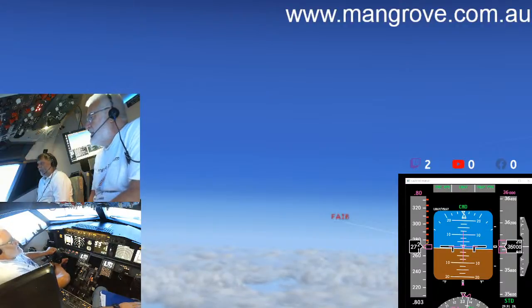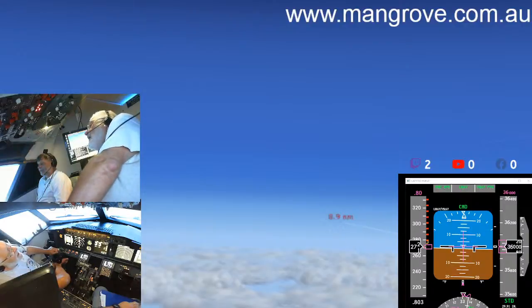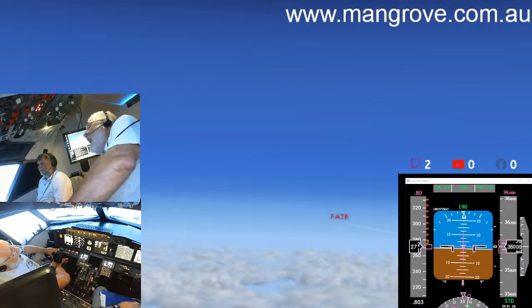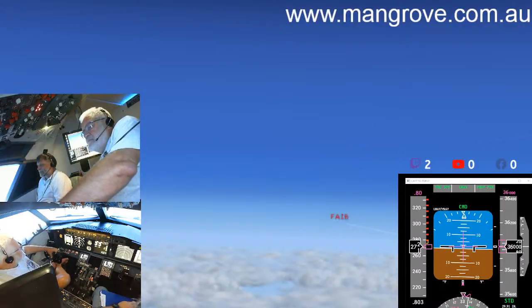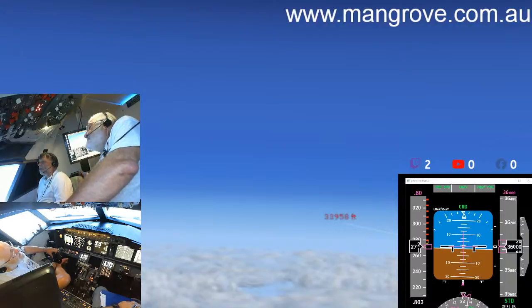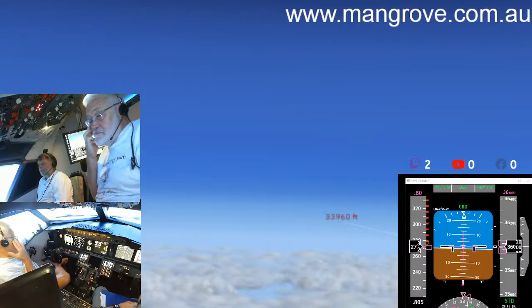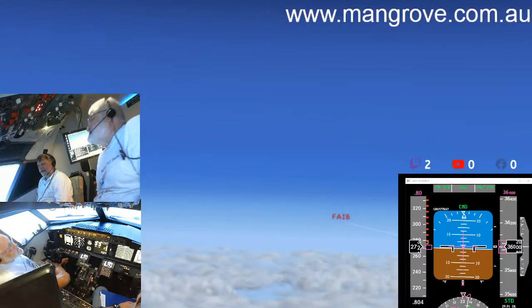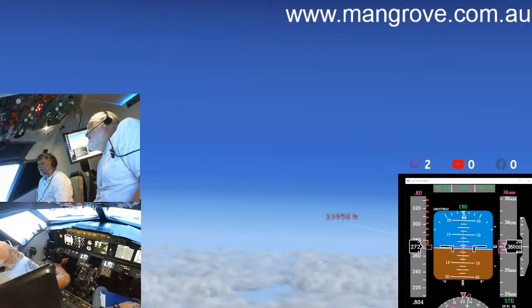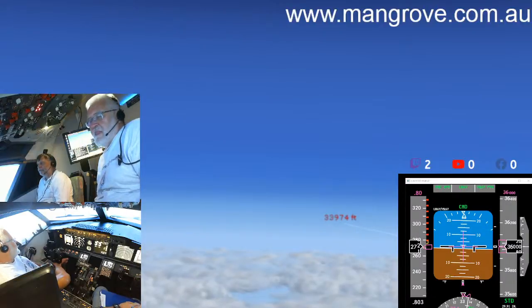Brisbane Centre, good morning. Qantas 200 with you, flight level 340. Brisbane Centre, Apollo 73 is with you, flight level 380. Jetstar 477, what's your max speed in the cruise? Max speed in cruise would be Mach 0.82, Jetstar 477.